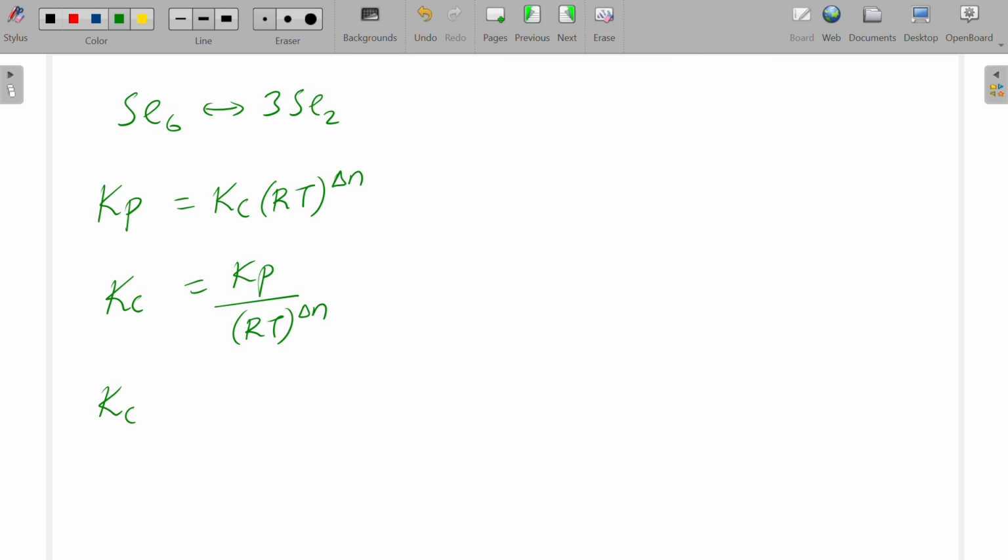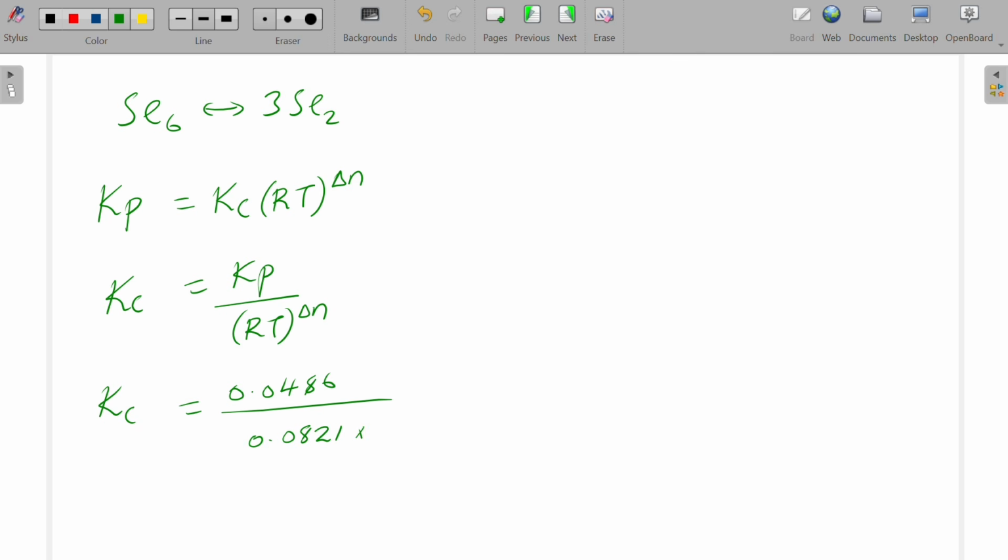Our Kc will be equal to, the Kp value that we got is 0.0486, and this will divide by, our R value is 0.0821,